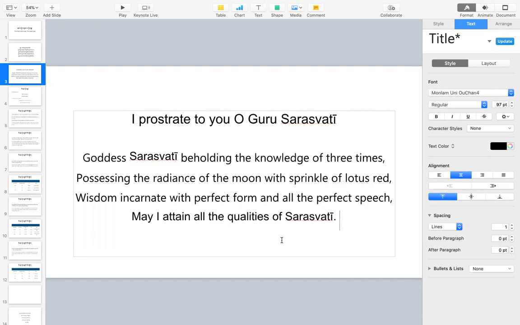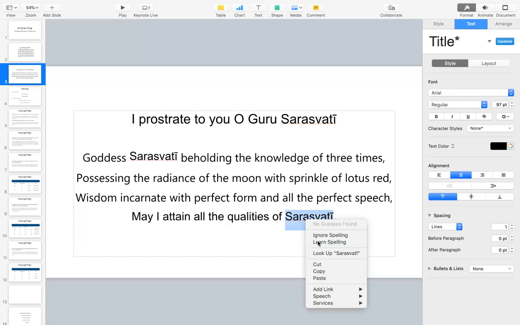So may I attain all the qualities of Saraswati. So this is taking inspiration from Mother Saraswati. Now with this verse, taking it as a symbol of auspiciousness, let us begin today's lesson on the usage case of the particles of